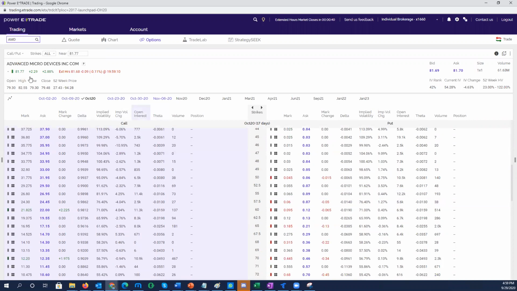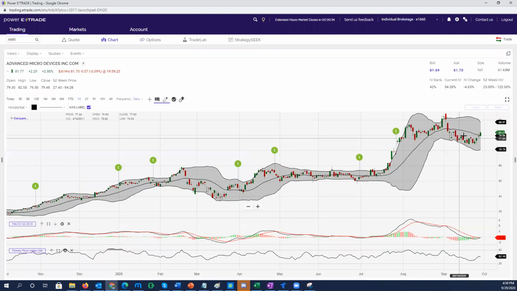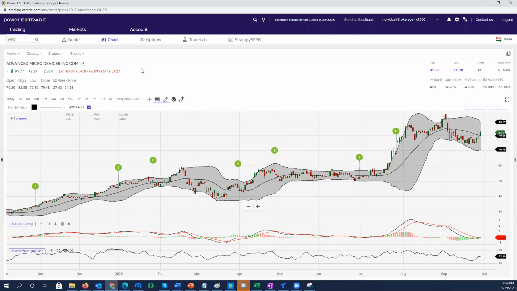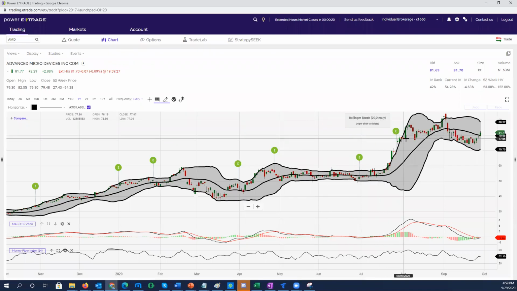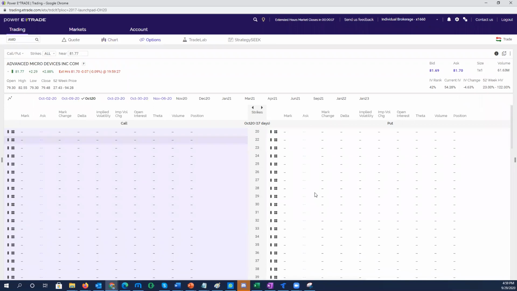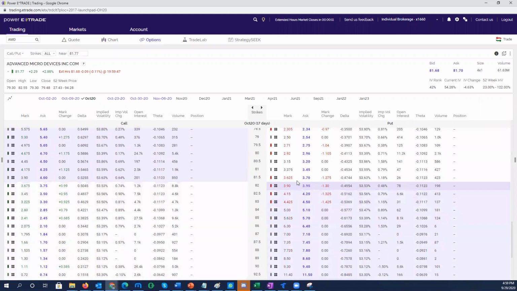Suppose this AMD is flying today. A lot of people bought calls, and now it has the potential to go another $9. So if you bought some calls, then you'll make $2,000-3,000 on this one. But if you didn't, and now you want to buy the stock at 73 or maybe 75, what do you do? Go and sell the call. Sorry, sell the put. That is the naked put, right? The only problem is you have to buy the stock. That's it. So that's why a lot of people love it.